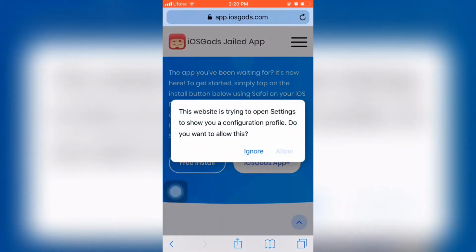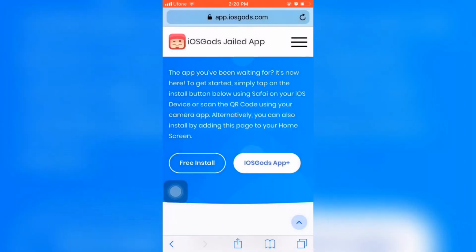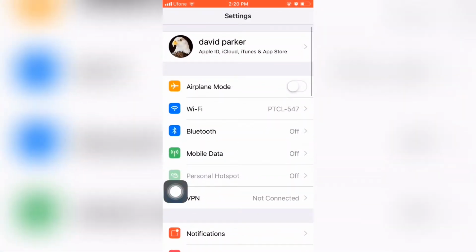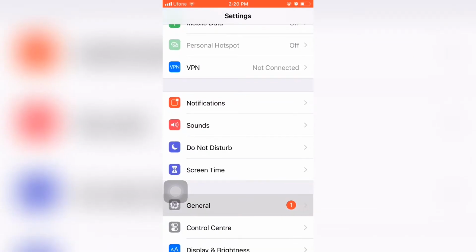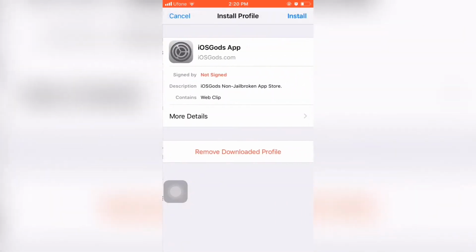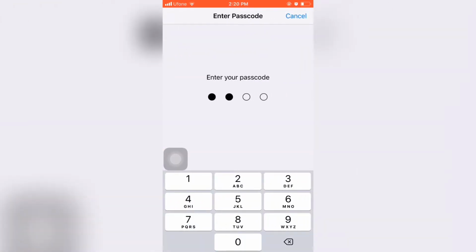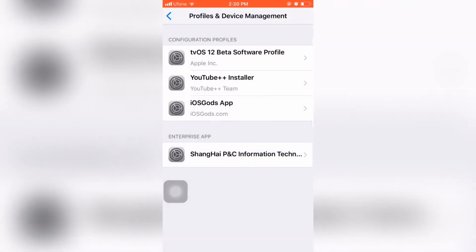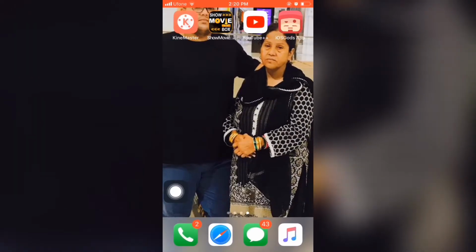Now click allow and you can see profile downloaded. To install the profile, you need to go to settings, go to general, scroll down until you find profile and device management. Install profile, install again, type passcode if you have, install again and install again, and done. Magic. So guys, this is an alternative that you can utilize to get hacked games like Clash of Clans